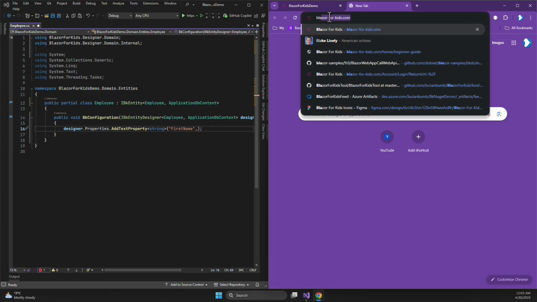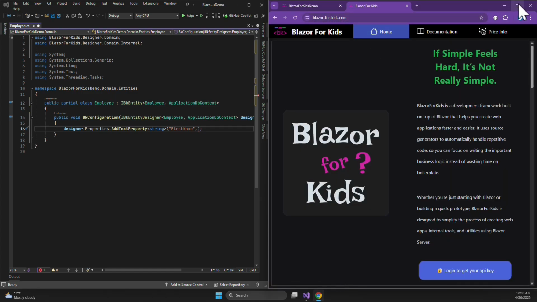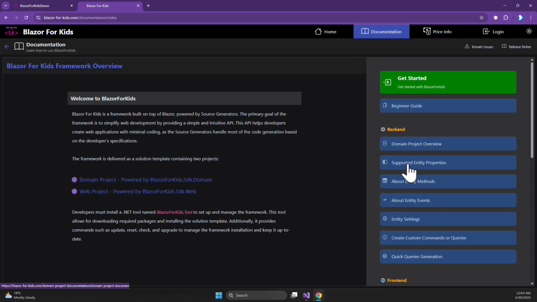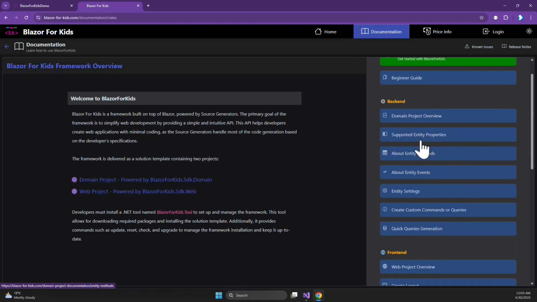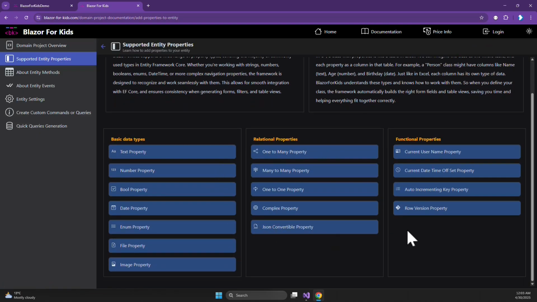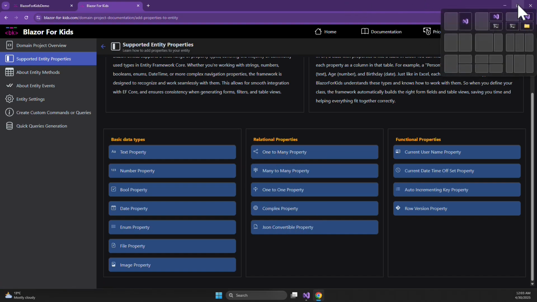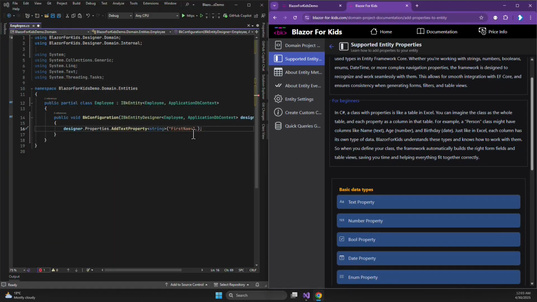if you go to BlazorForKids documentation, and here, supported entity properties, here you can find all the types of properties what you can define in BlazorForKids. For the moment, I will use text, and I will also create a one-to-many property. So